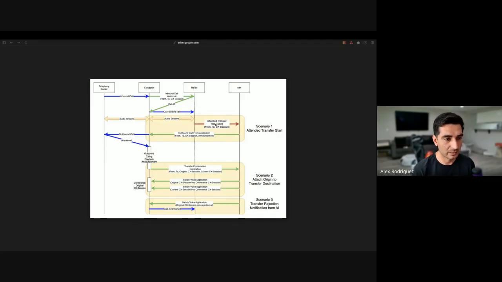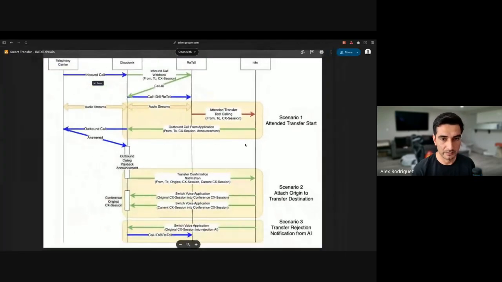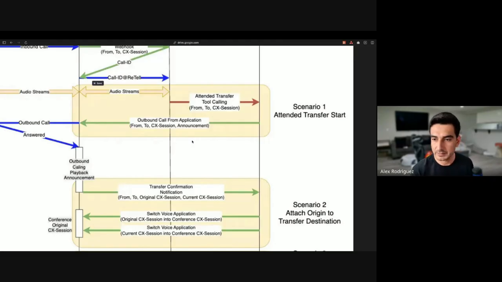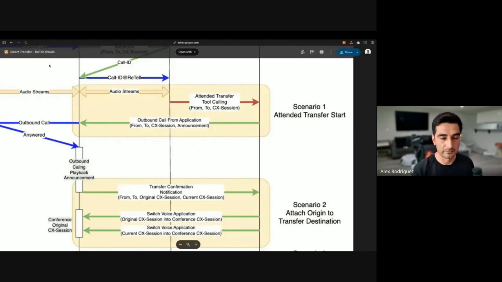And I don't know if you guys can see. Hopefully, everyone can see the diagram there. And I'll also paste this on the chat there. You guys can also take a look at this. But we're going to be creating a custom function here that's going to be handling our transfers. So instead of using the native retail function, we're going to be creating our own custom function.